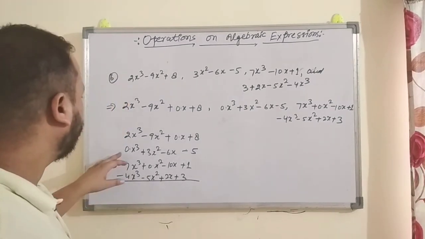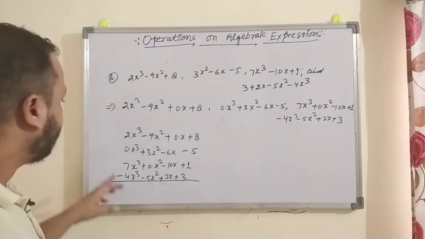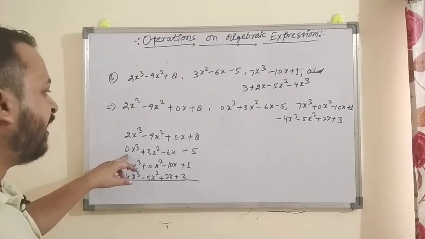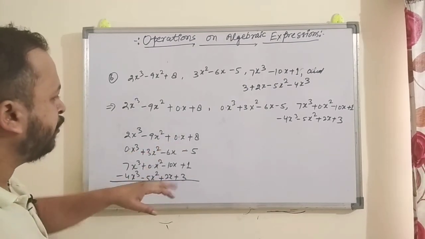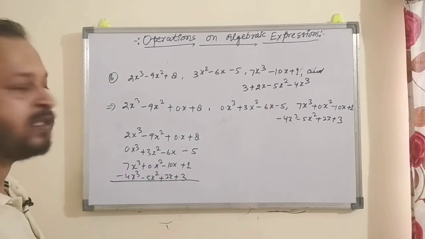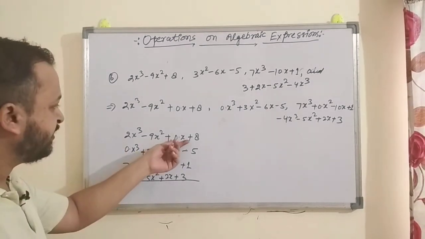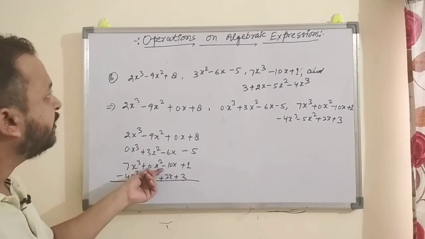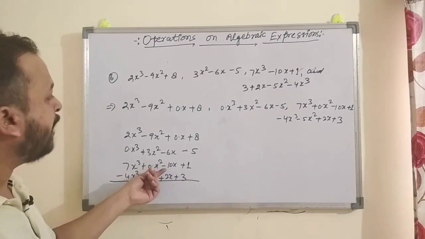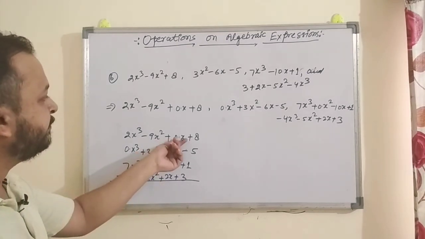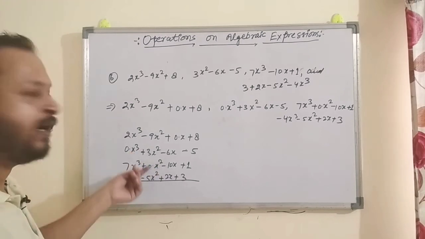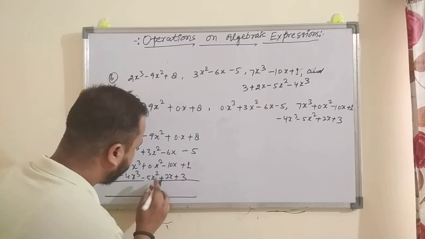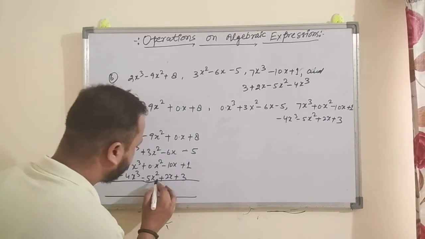Why I have written the terms which are missing with 0 as their coefficients, right? Because you know that 0 into x is 0. If you write these terms, you won't get any wrong answers when you add them, because if these terms are missing here, you can make mistakes. So that is why we have done this, so that the probability of mistake is reduced,